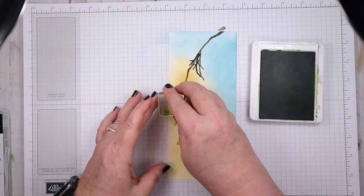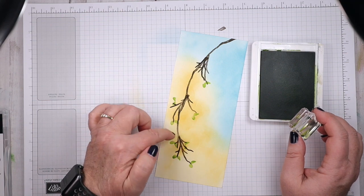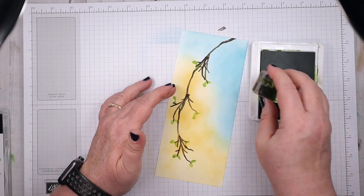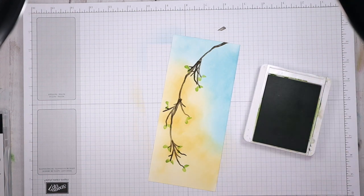Let's see, maybe one right here. And where we've overlapped them, it kind of looks like just a node sticking out on this branch coming down. Okay, so there's our little leaves that we put on there. And next we're going to use